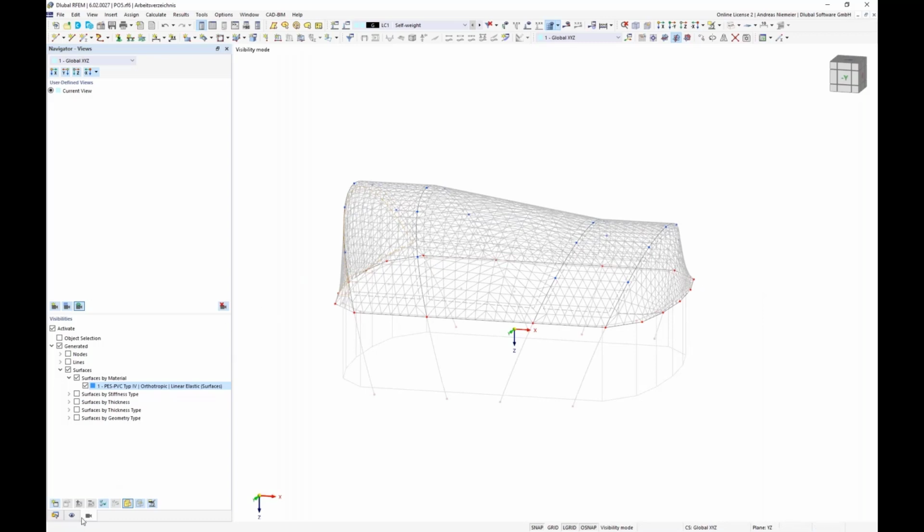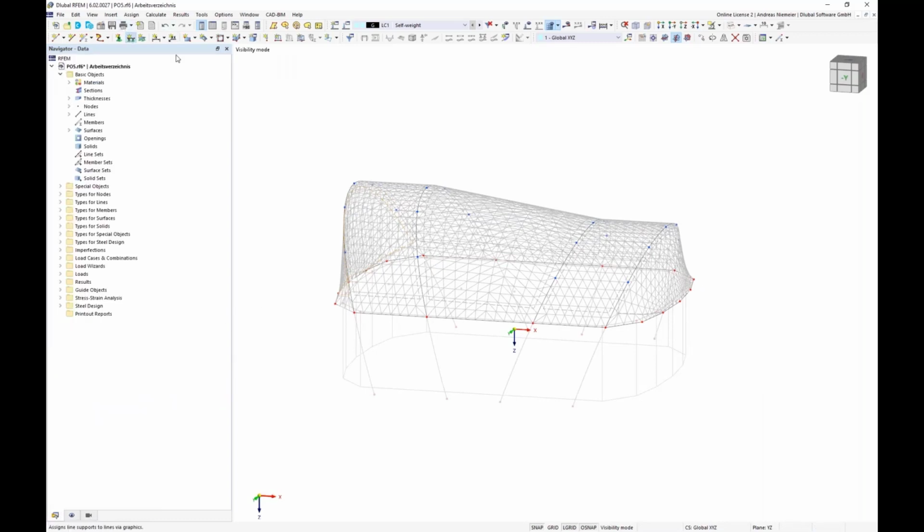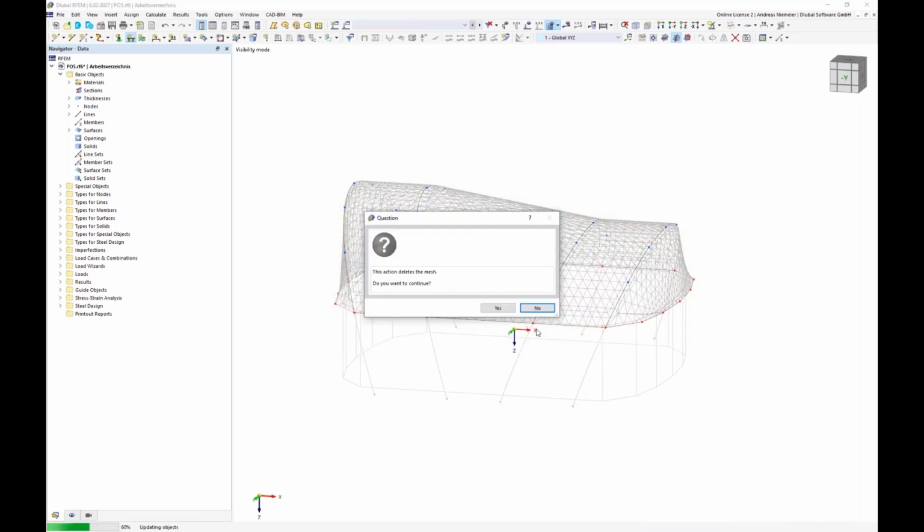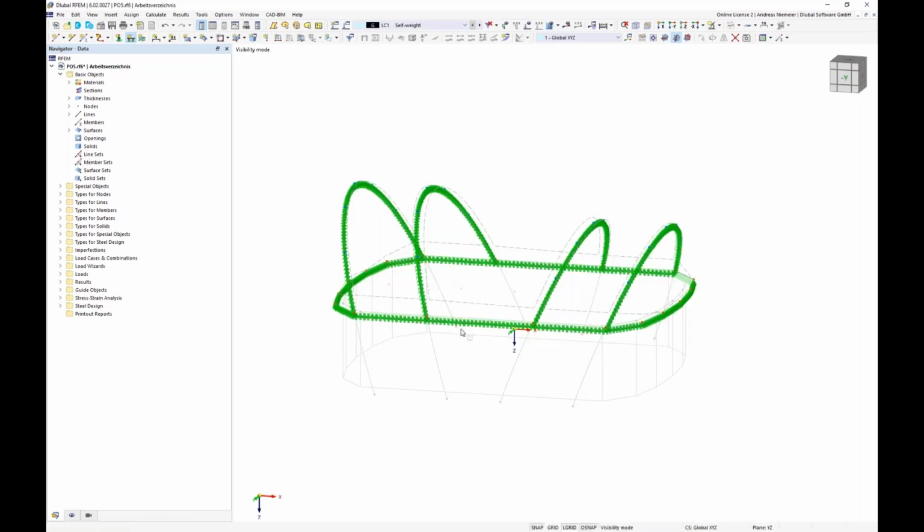And now we are able to distribute on these lines, for example, a hinged support. Now, this is the first boundary condition, and the second boundary condition is a force definition, which force should be